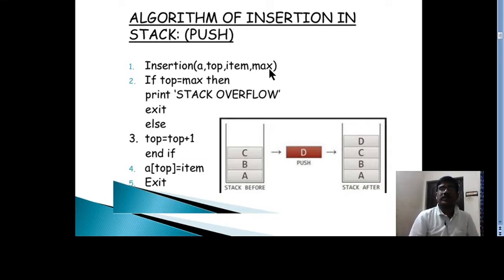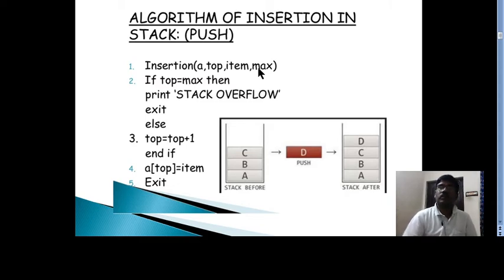Suppose A is an array, its name, and top is equal to 5, meaning 0, 1, 2, 3, 4, 5, up to 5 it is filled. Suppose here 0, 1, 2, top is 2, means 3 elements are there. Maximum 10 means I can fill up to the 10th location.